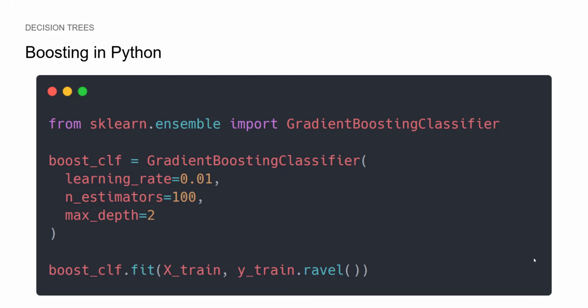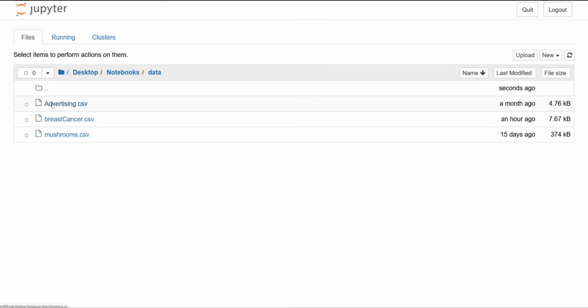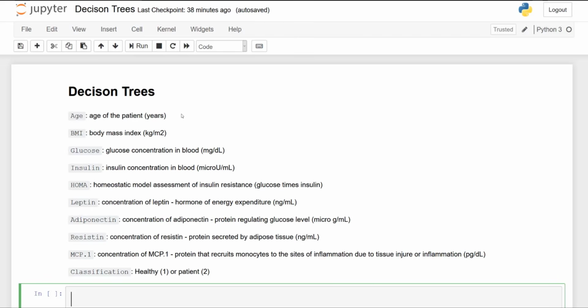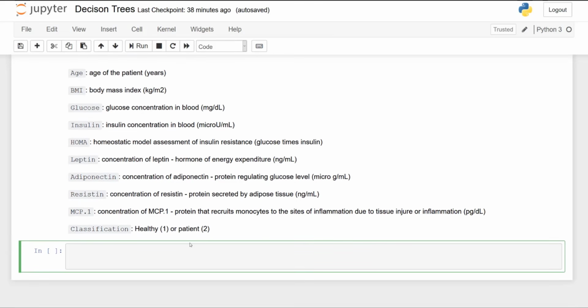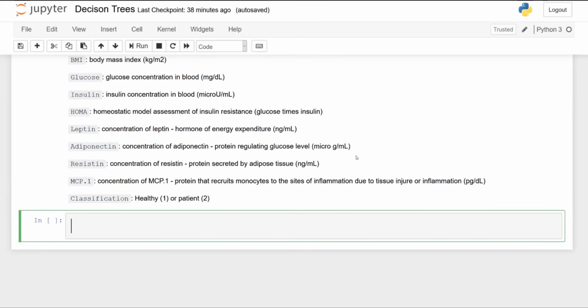So that's it for the theory now. Let's see how we can apply this in a project. Alright, so let's get some code done. I have a notebook open here. Also, feel free to grab the dataset in the description and put it in a folder called data. And the dataset here is about breast cancer. So we are trying to identify patients with breast cancer from a simple blood test.